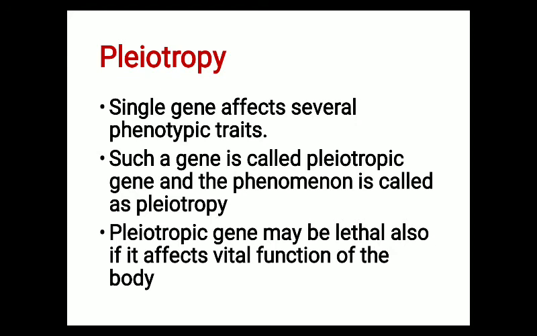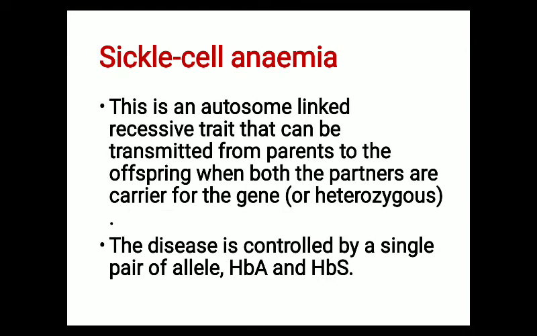And this pleiotropic gene may be lethal. Lethal means it may lead to the death of an individual when it affects vital functions of the body. A very good example of pleiotropy is sickle cell anemia. So sickle cell anemia is an example of pleiotropy, and it is a type of